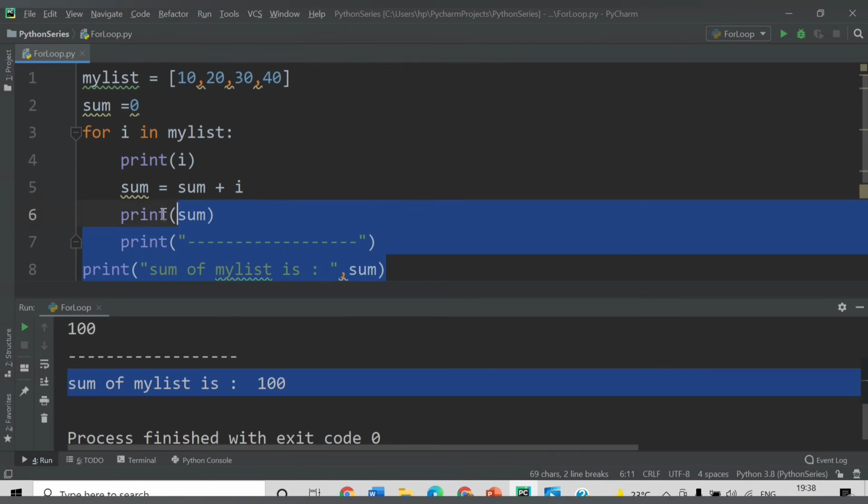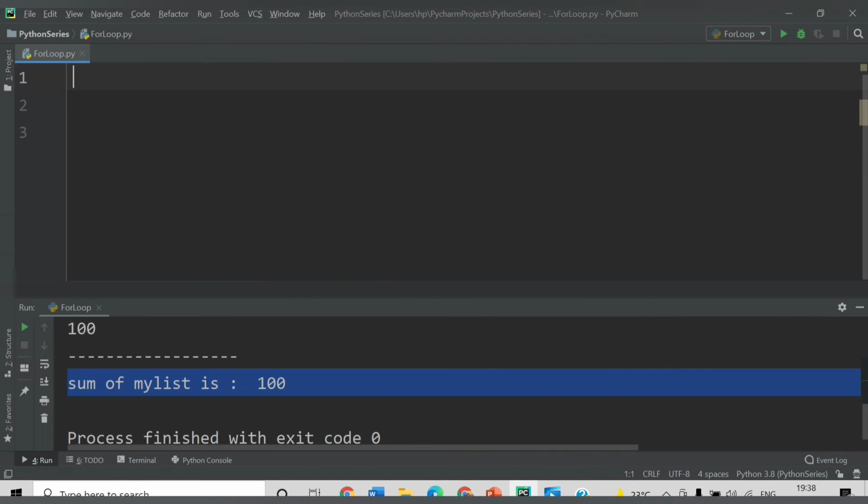Now let's remove this entire code, and what we want to do now is print a table, like a table of any value that user wants. Let's say we have one variable number.